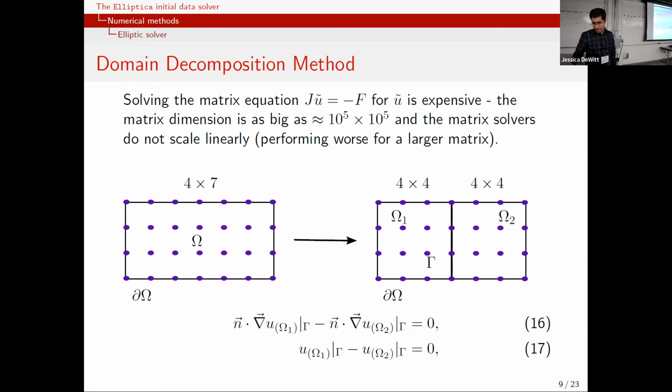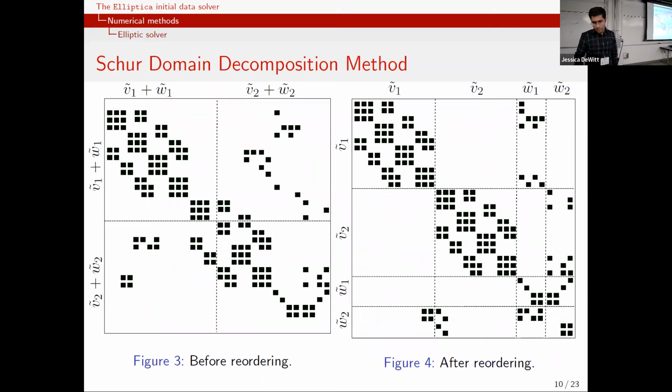Okay, so let's say we split the grid in omega 1 and omega 2. If I write the Jacobian matrix J as it is, I'll end up with a matrix something as shown in figure 3. So as you can see, the bulk equation and the boundary equation are mixed up, and I cannot see how this matrix can be solved in a parallel fashion and in an efficient way. So, to make this matrix block diagonal,